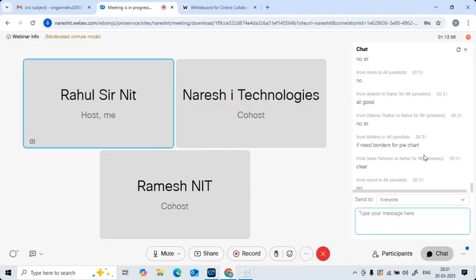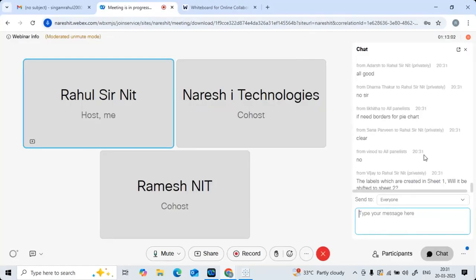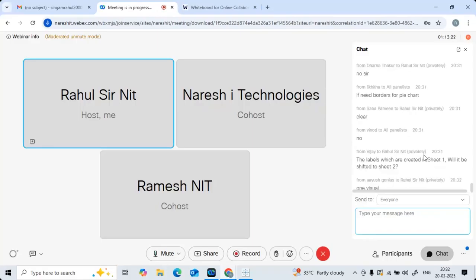These borders, if you want to create for a pie chart, this is something you need to do in your dashboard again. What I mentioned, when you're working with a Tableau worksheet, multiple visuals you can accommodate or only one visual? Only one visual. So if you want a bordering effect for that entire visual, while you're going with a dashboard, you can do it. These are all the options.